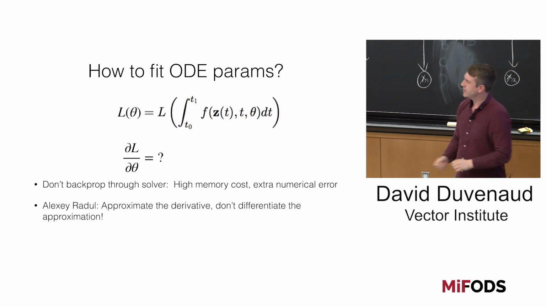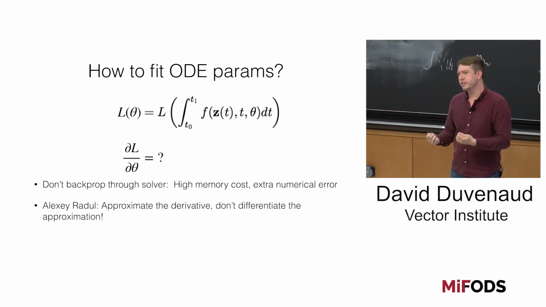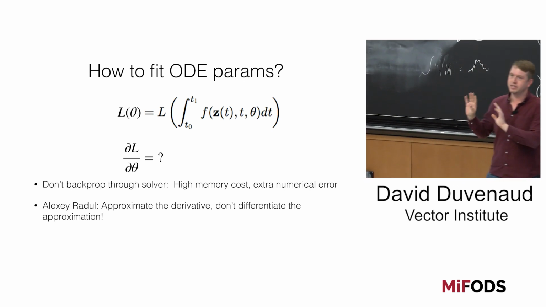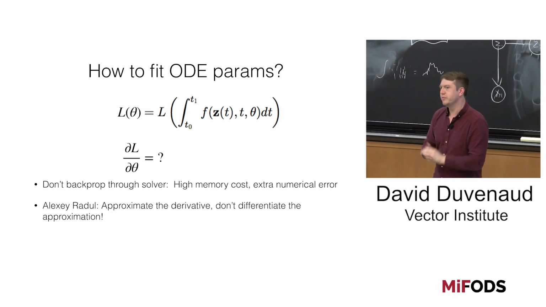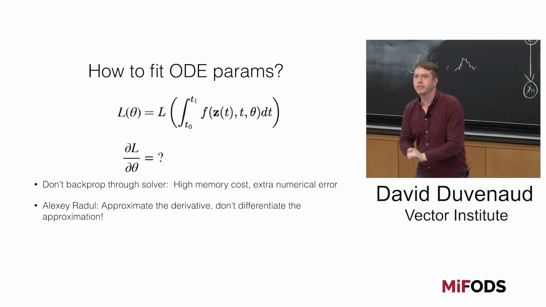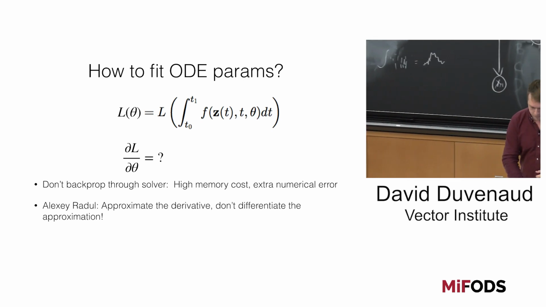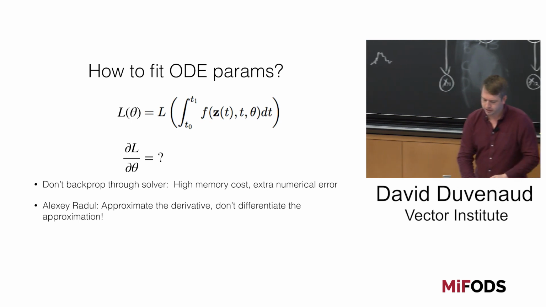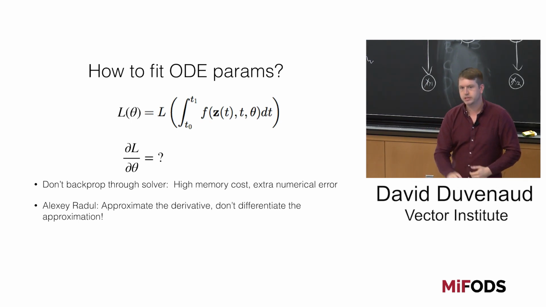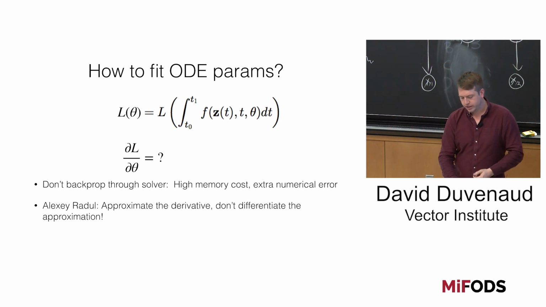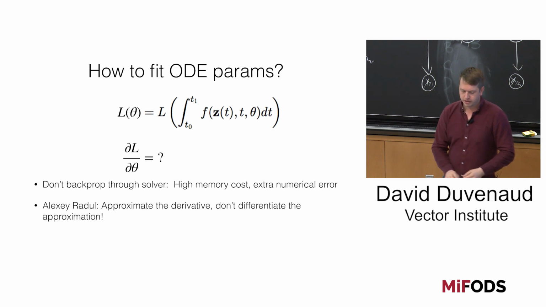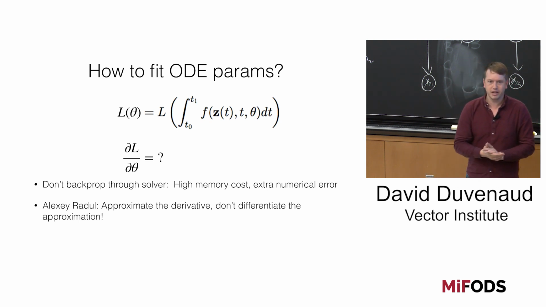Okay. So there's this question of how do we fit these parameters. I'm saying the existing methods are sort of unsuitable. And so how should we fit them? Well, I'm going to say let's generalize what we did for the ODE setting. And what did we do for the ODE setting? Well, the task is we have some ODE that we've defined and some loss, which in this case is a marginal likelihood, but it could be whatever you want, some regression accuracy. We need to compute the gradient of this scalar loss with respect to this huge vector of parameters, and maybe there's a million parameters.